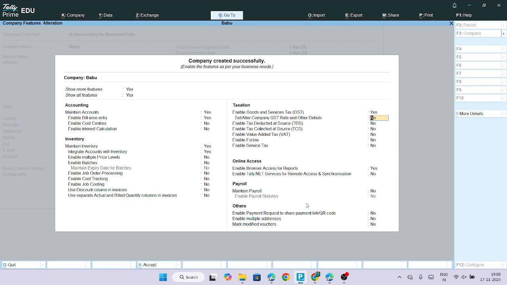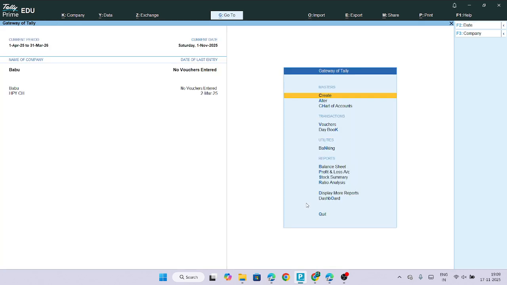Two kinds, one existing business and new business. If it is a new business, the day on which the business starts will become the books begin from. If it is an existing business, then the financial year beginning from date will be the books beginning from. And the rest I'll keep as no. Whenever it is required, we'll enable and we'll explore the features. With this, we have